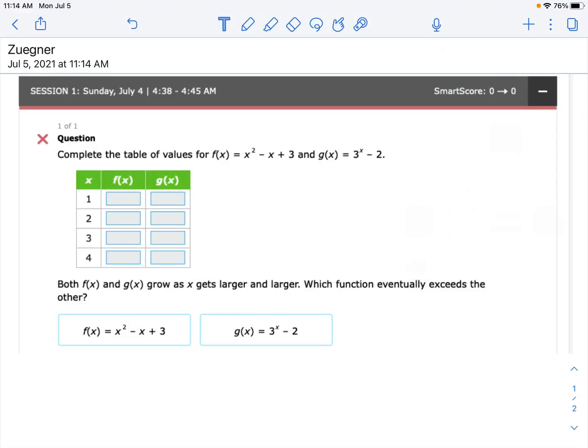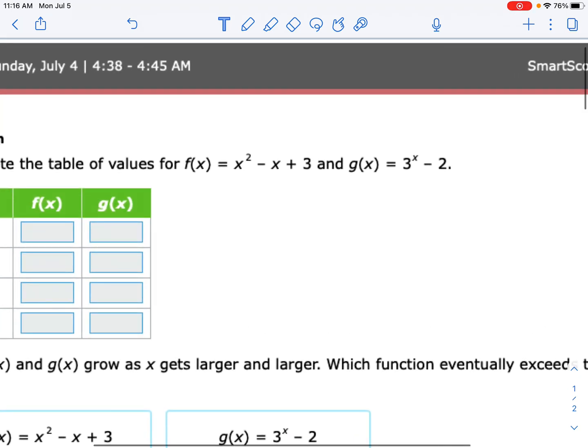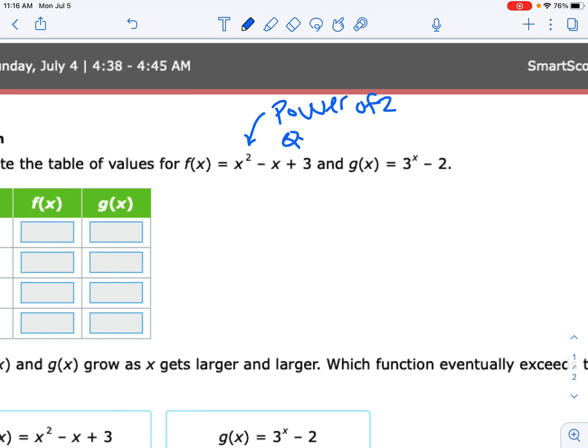All right, so here is the example for the skill you're working on, Aiden. It says complete the table for values. When you're looking at this, maybe you know these terms, maybe you don't, but because we see a power of 2 here, we call that a quadratic,